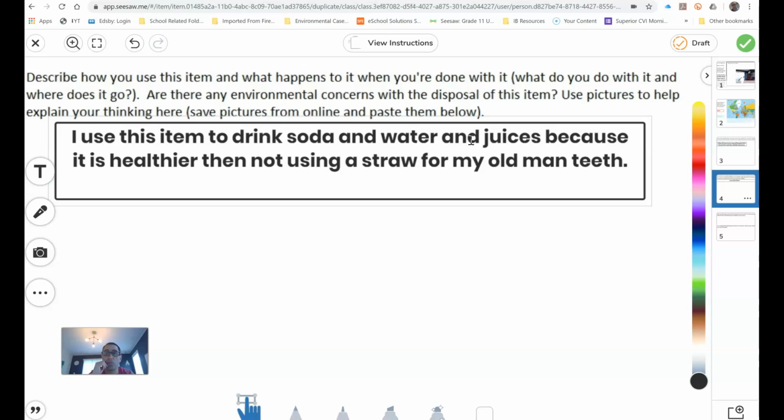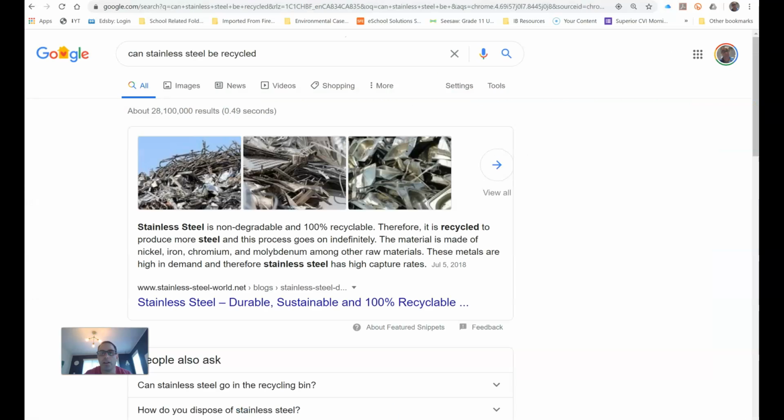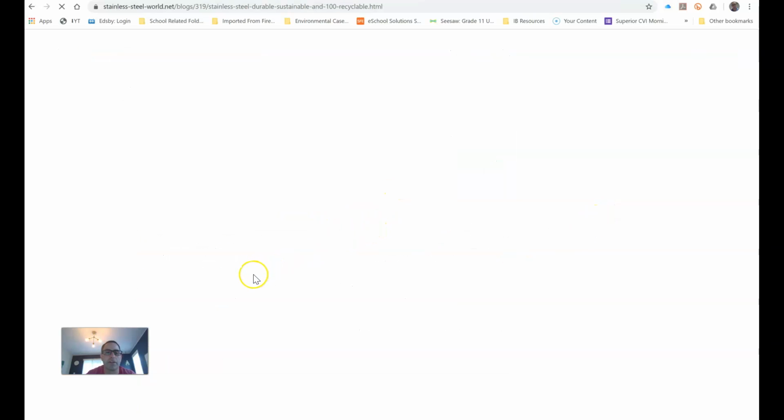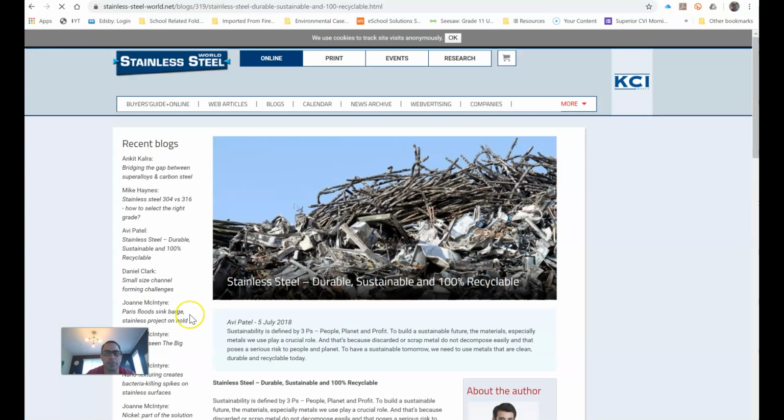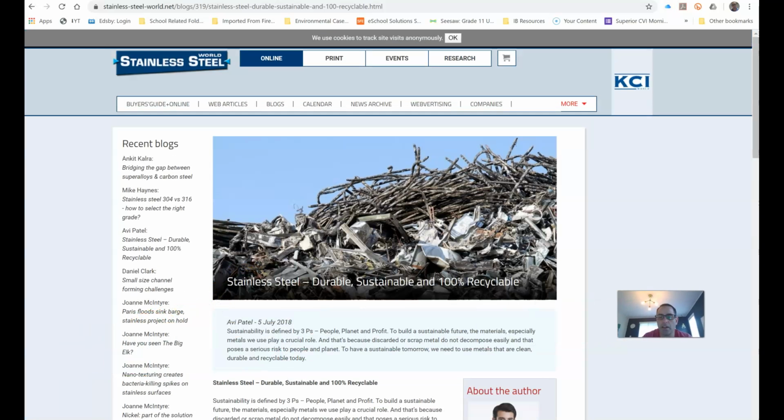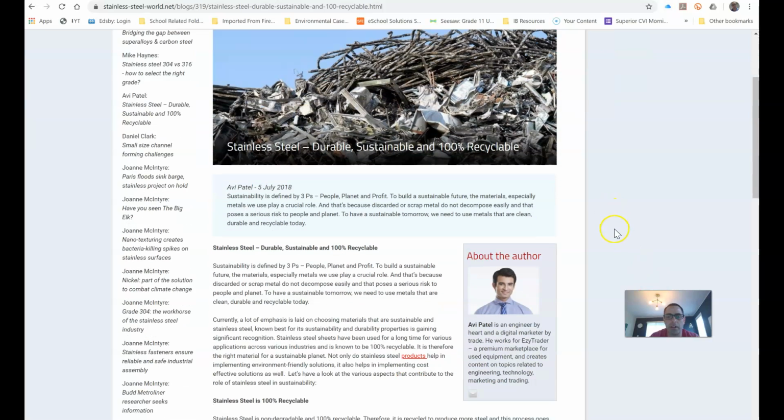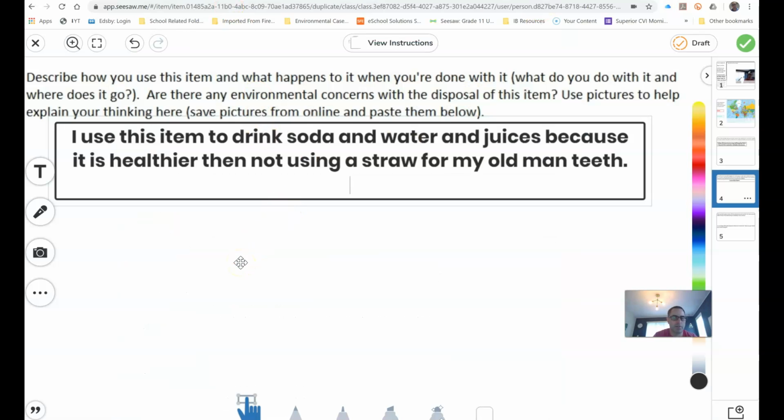So now what happened? So now I have to do a little bit of research, and I did some research, and I just asked, can stainless steel be recycled? And right here, stainlesssteelworld.net, stainless steel, durable, sustainable, and 100% recyclable. So of course I'm going to jump into it. I'm not just going to look at this. I'm going to go into the website and see the specifics about what they have to say and who the author is and all this stuff, and do some more research on it. So then I go back and I can add to it